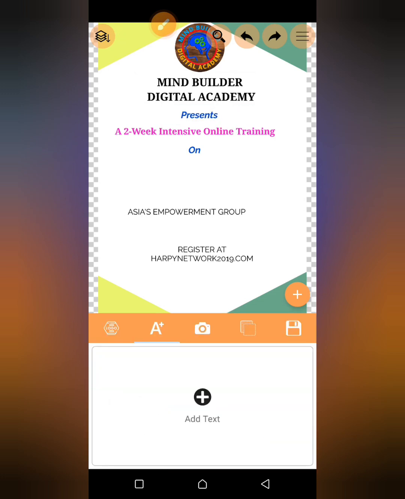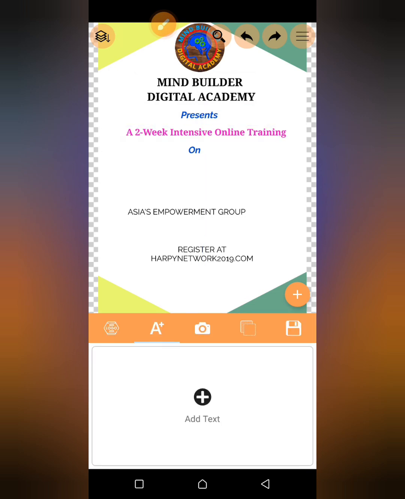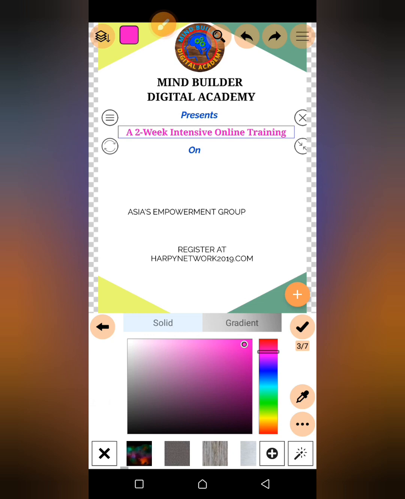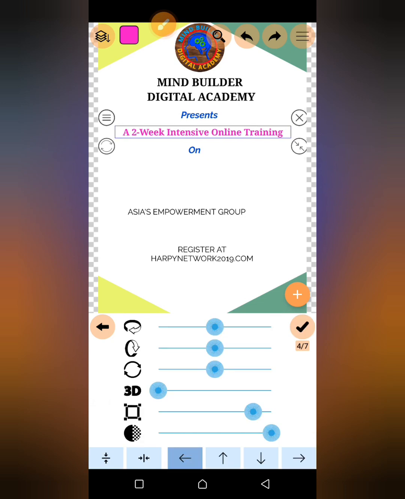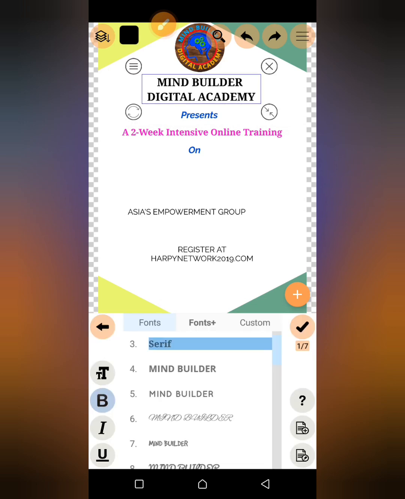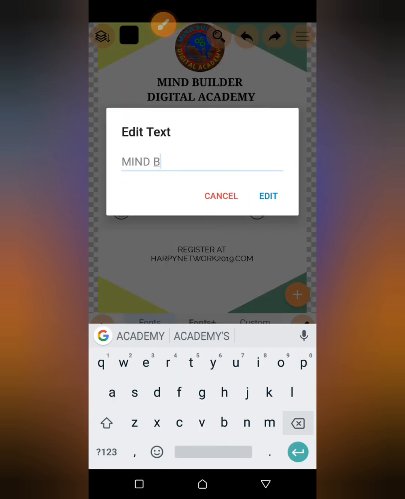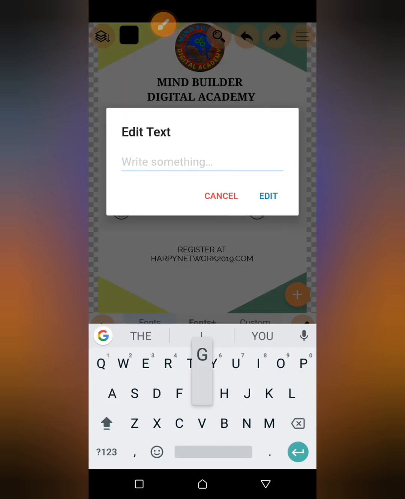Okay, let me adjust this too. Okay, I think this is okay. Now this is just to show you how to use this stuff. Now it may not be a perfect design, but I'm just showing you how to apply this stuff. Now I want to reproduce this again. I press this option, I duplicate. I want to write the title of what we're about to teach on graphic design